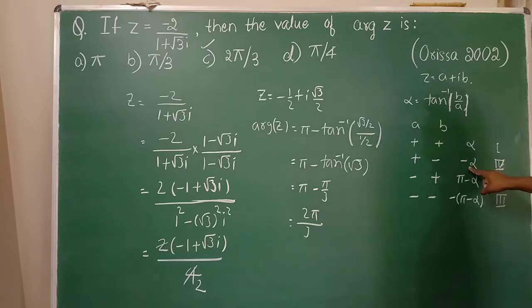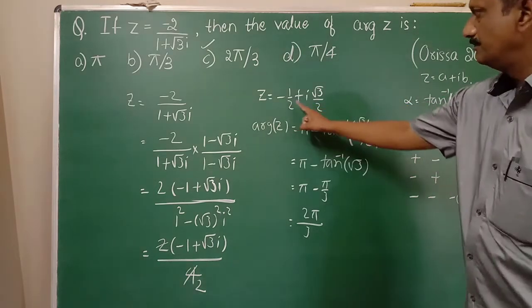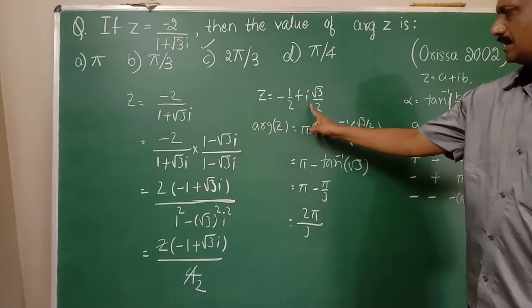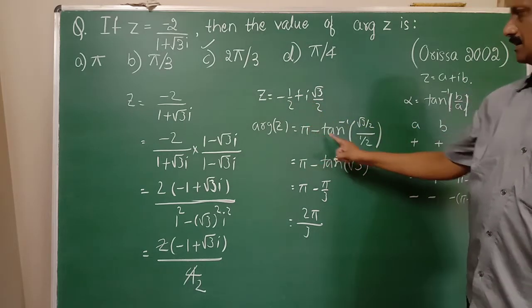Minus alpha is the argument of the complex number. If A is negative and B is positive, then it comes under the second quadrant. Then you take pi minus alpha. So here A is negative, B is positive, it comes under the second quadrant. So pi minus